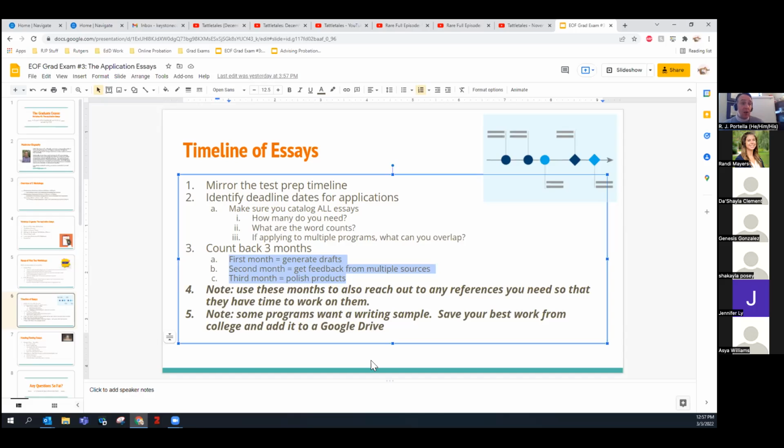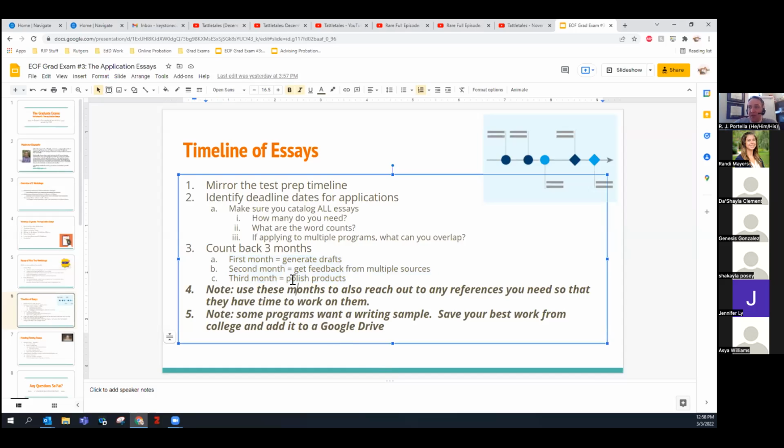Maybe there are coworkers that you have that you trust, or professors that you have relationships with. You want to get all of these different eyes on the paper so that you get all sorts of different feedback, because I may read it from an admissions officer lens. Your EOF counselor may help you identify things about being a first-generation student that you may already know in your head, but you actually haven't explicitly put on paper, and those are rich parts of your identity.